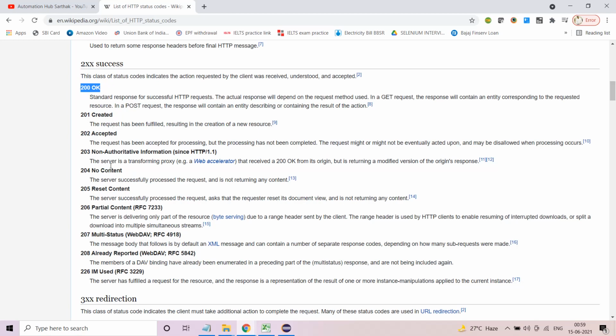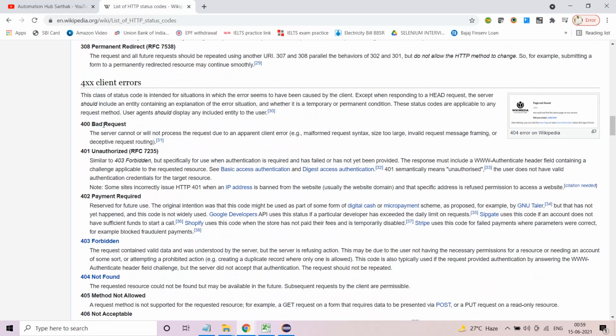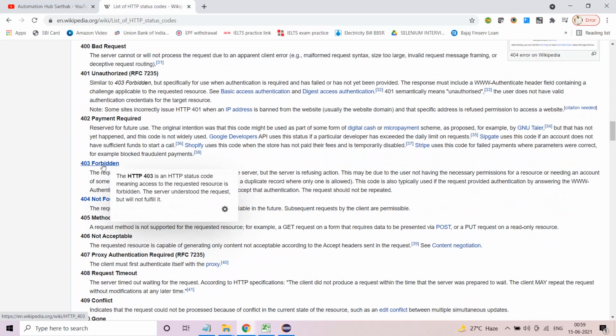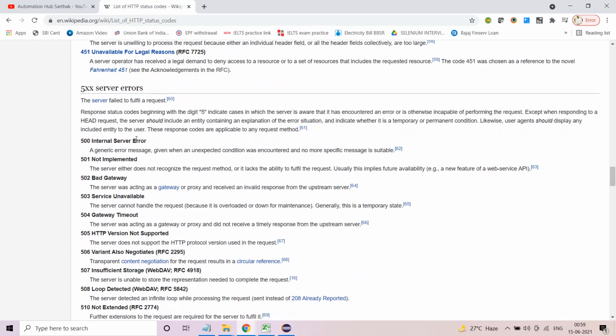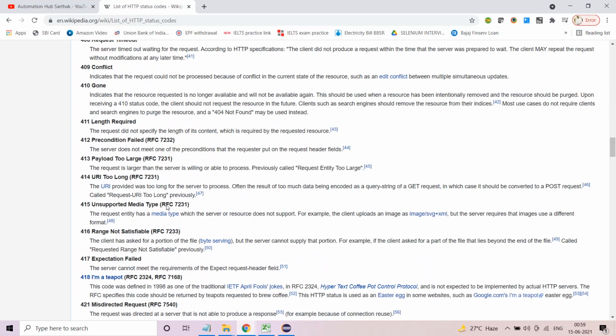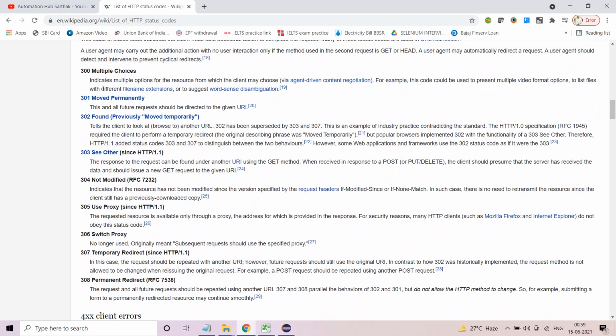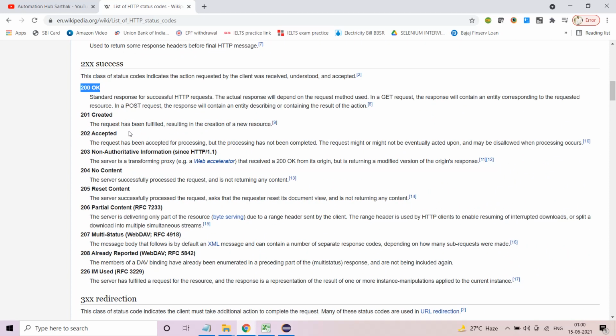But there are certain ones which we encounter quite frequently. Like 200 OK, and then you come to the 400 series like bad request, unauthorized, 403 forbidden error, 404 not found, and some you must remember from the 500 series as well: internal server error, bad gateway, service unavailable, gateway timeout. There are certain HTTP response codes in the 2, 3, 4 and 5 series which you might remember, but as automation testers we just want this one. Our aim is that if this is there, then it should work. So this is what we intend to find. It may not be exactly true all the time, but this is our primary intention.